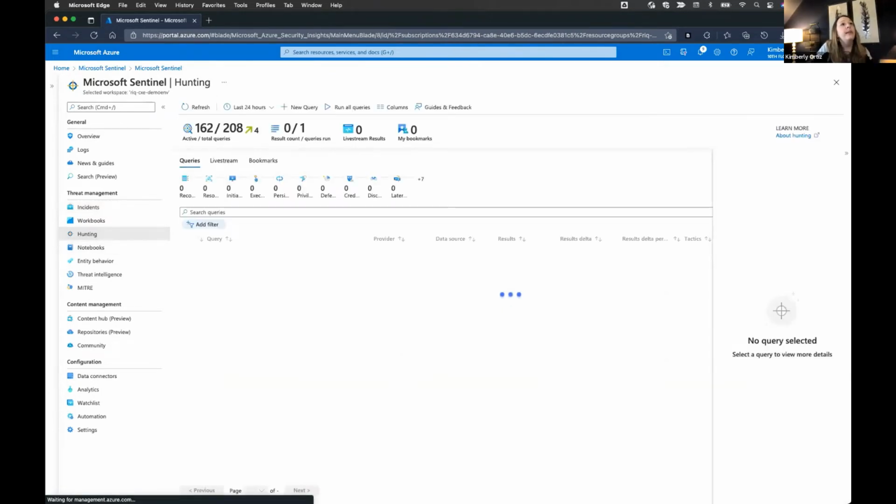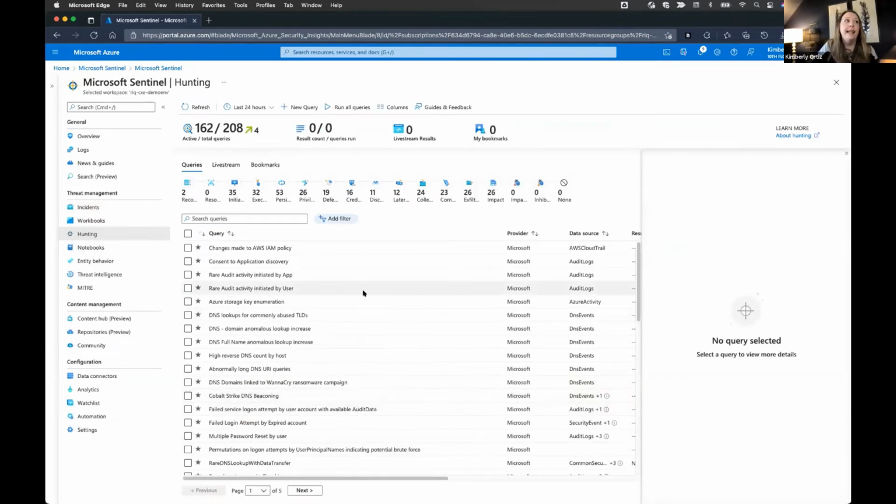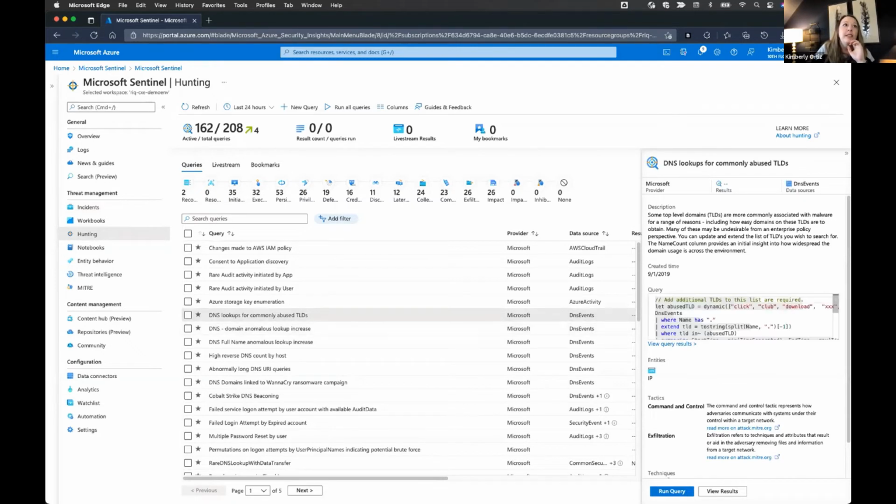This is where you'll find those queries. These are developed by Microsoft security researchers and added on a continuous basis, with the idea of giving you an entry point to look for new detections and figure out where to start hunting for the beginnings of new attacks. The one I'm going to take a look at today is DNS lookups for commonly abused TLDs. Frequently, security researchers will point to work that indicates that certain top-level domains are more likely to be utilized in conjunction with sites stood up for malicious purposes. Reasons for this might be lower registration costs or an easier registration process, et cetera.